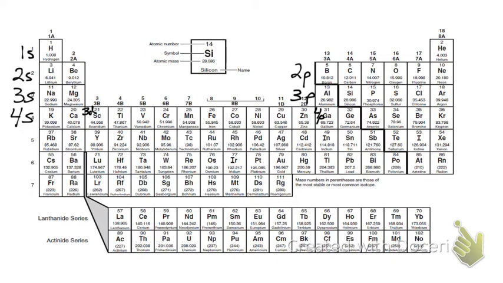So let's continue to fill out our table. So we have 5s, 4d, we go across to indium, 5p. 6s, 5d, 6p, almost there, 7s, 6d, and at the bottom, which is kind of weird, is our 4f and 5f